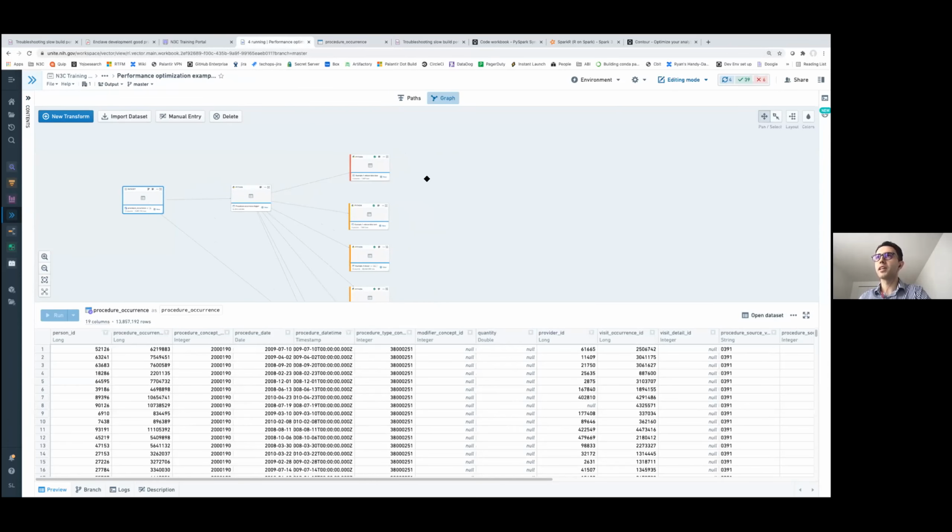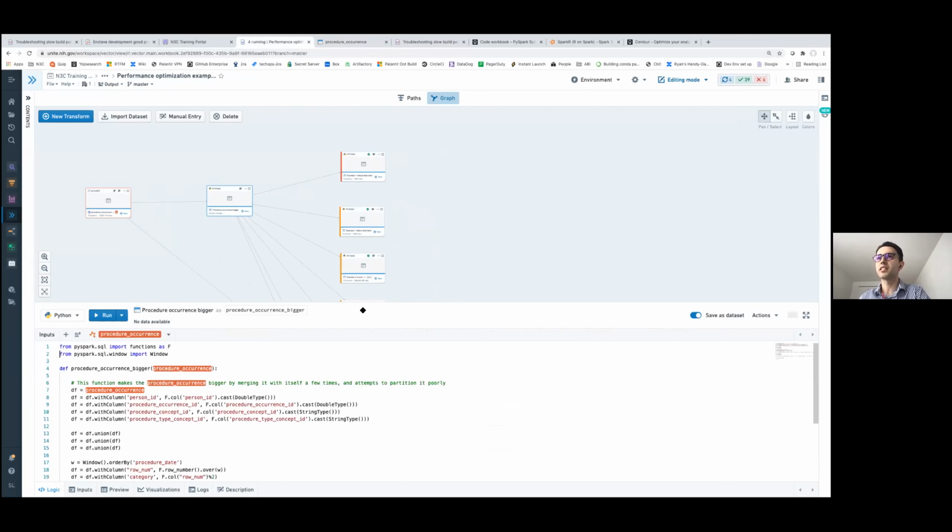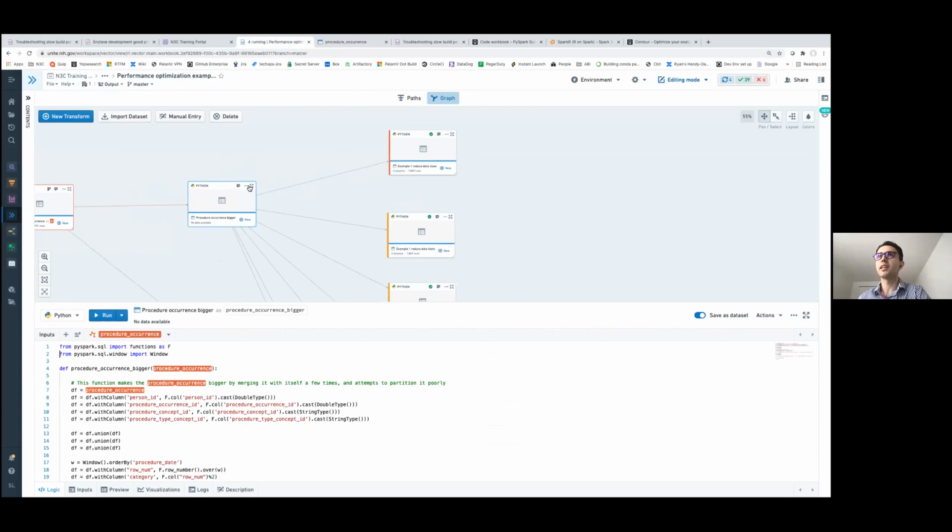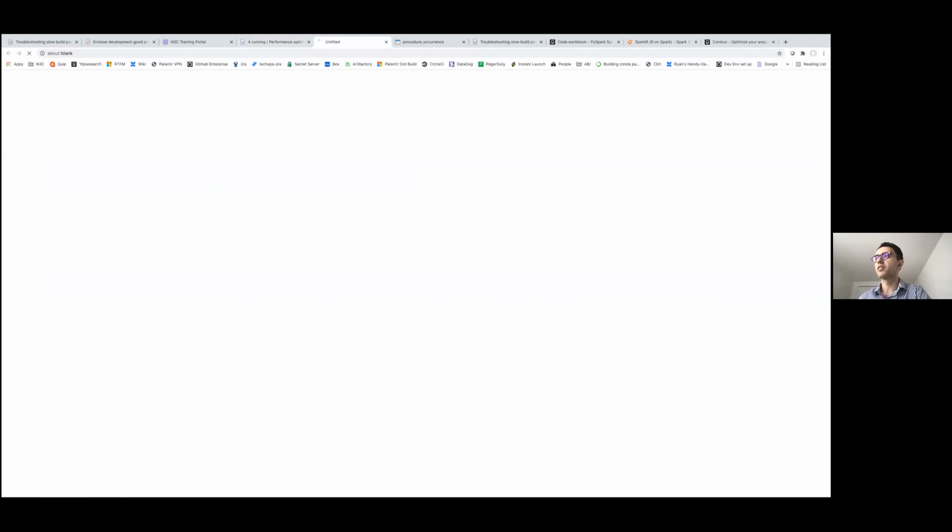But to make the examples more relevant here, I made this data set bigger by duplicating the rows, because some of the principles I'm talking about today start making a difference when the data becomes larger. And so here I built a data set which is much bigger.